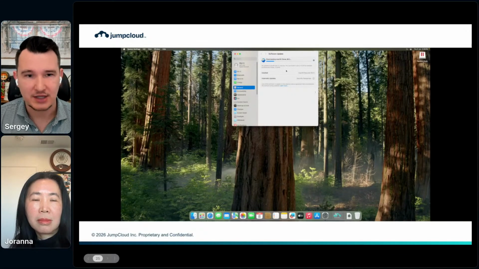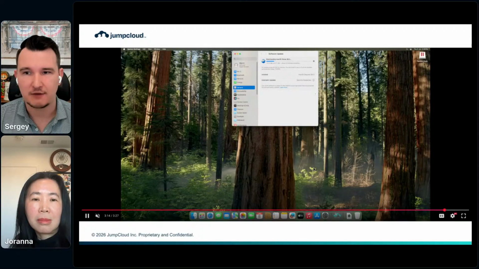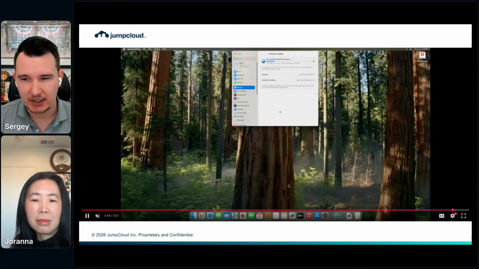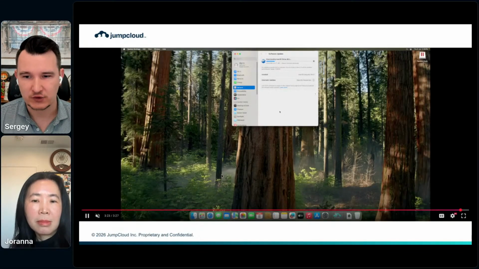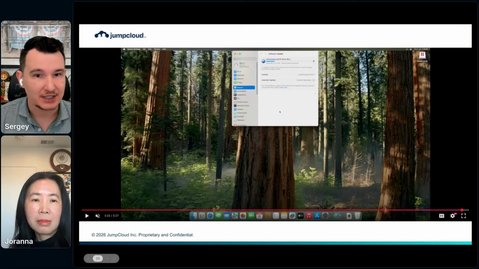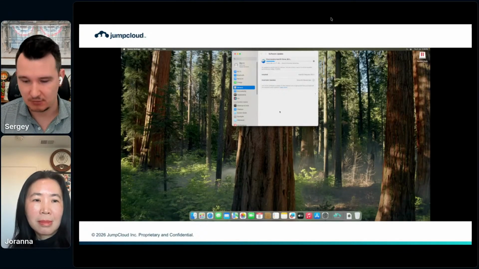And because it's aware that you need to be adhering to that, it'll nudge you and then force restart the device when it's appropriate and turn off the particular applications there. So really, this is a very, very high-level crash course through some of these capabilities. I'm excited to answer any particular questions that there may be. But before we go into that,